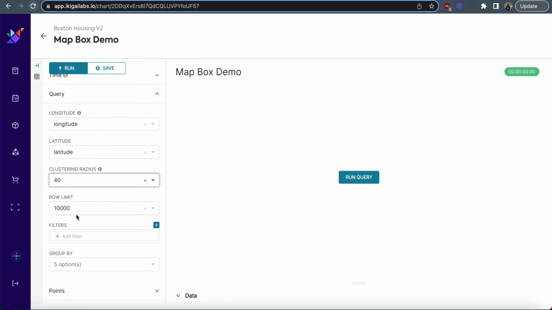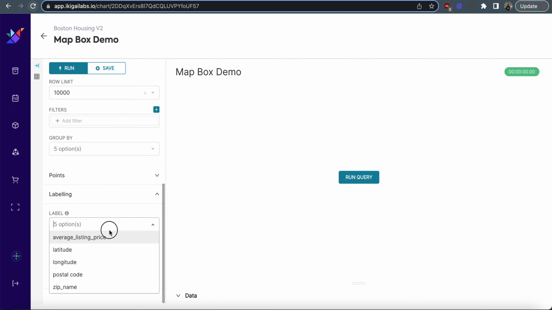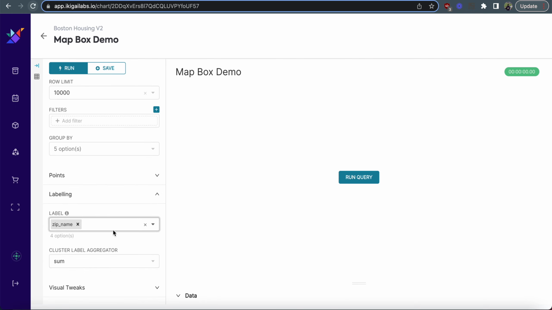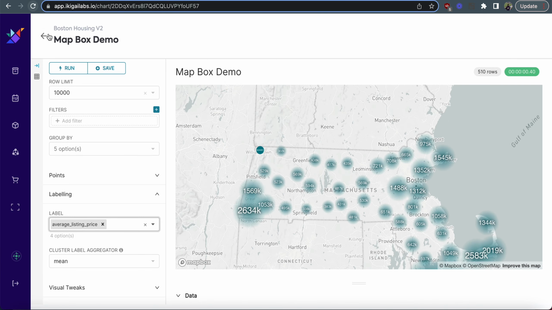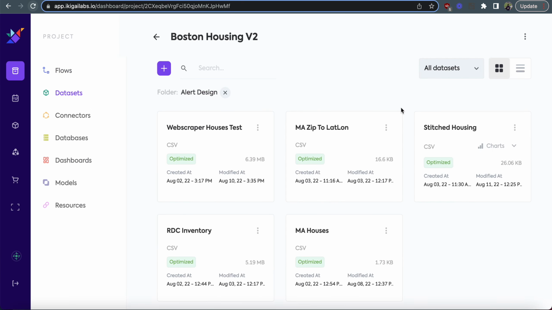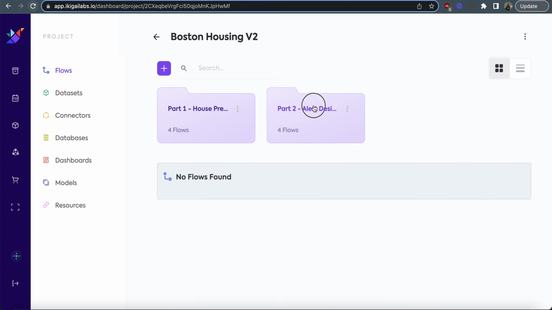We'll set that radius to 40. Let's label by zip name, rather average listing price, mean. Let's run the query, and we get exactly what we did in the previous step here. So that's how we're going to combine those, and we now have, in flows here,